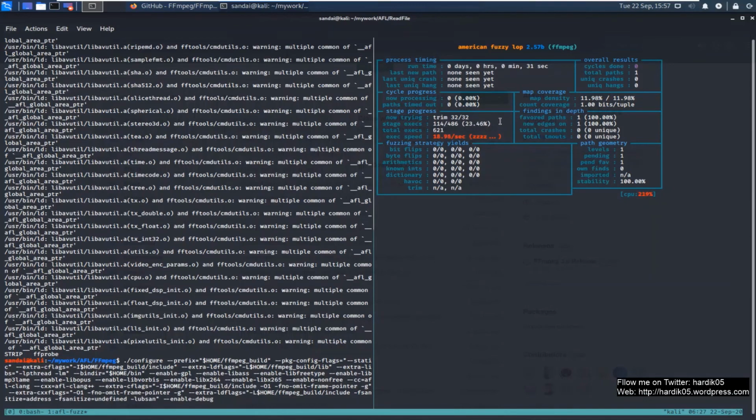Another issue is that it instruments the entire file in this case. So if you want to increase speed, you can run it in persistent mode, where you can simply fuzz a specific part of the code rather than fuzzing the entire libraries. You can use that approach if you know that you just want to fuzz a particular file format, and then you can add an AFL loop there. This is something I will be covering in the next videos.